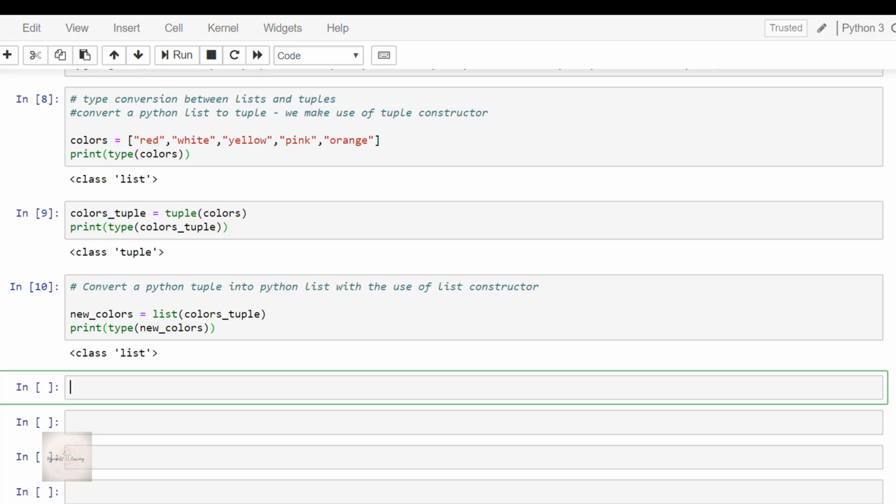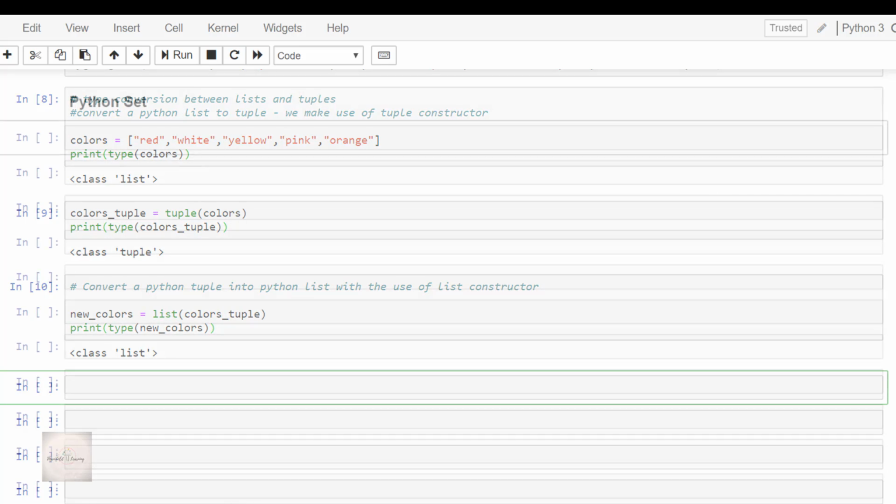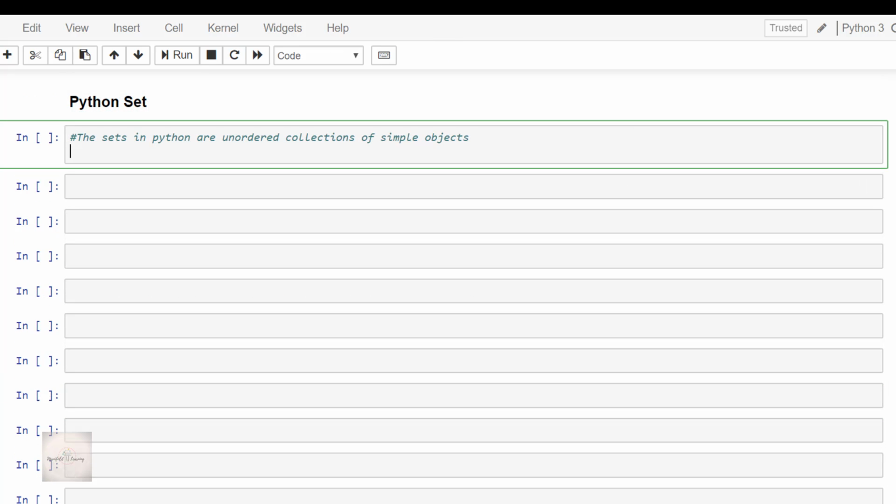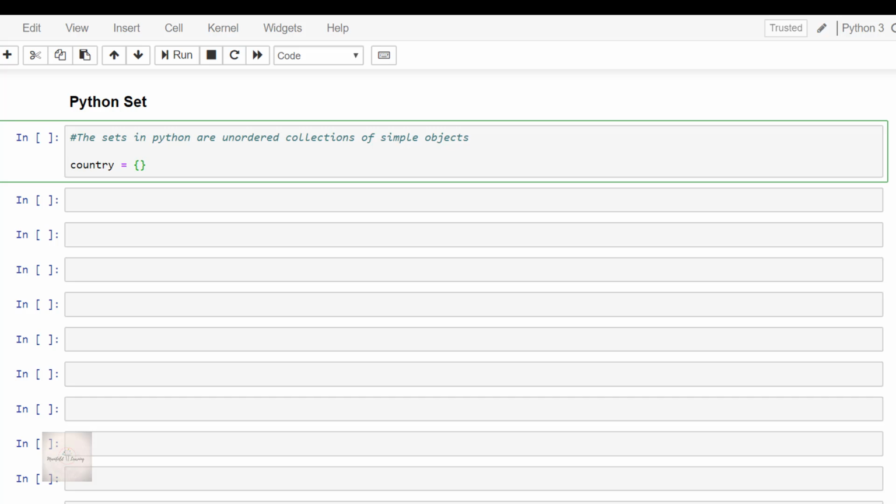Now let's understand about Python sets. The sets in Python are unordered collections of simple objects. We use sets when the existence of an object in a collection is more important than the order or how many times it occurs. So guys, let me first create a Python set. Say country is equal to India, USA, China, Japan.